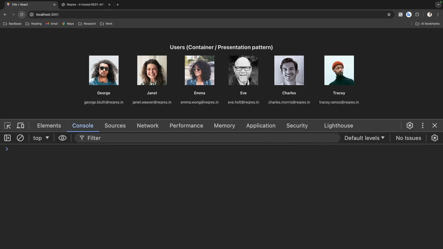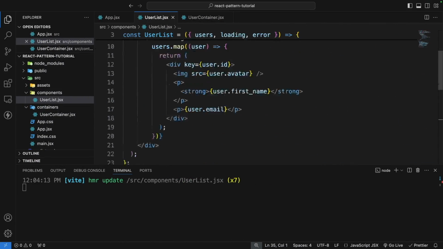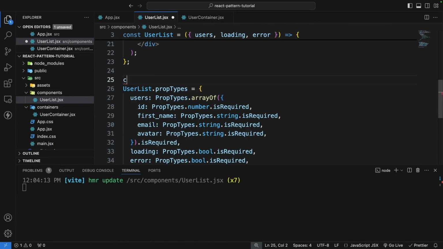So if I go and refresh it, we see that we have the images, we have the user list displayed here, and we also see there is a warning that it is failed prop type property users of this component user list has an invalid. We can fix this. What we can do is just go here and create a